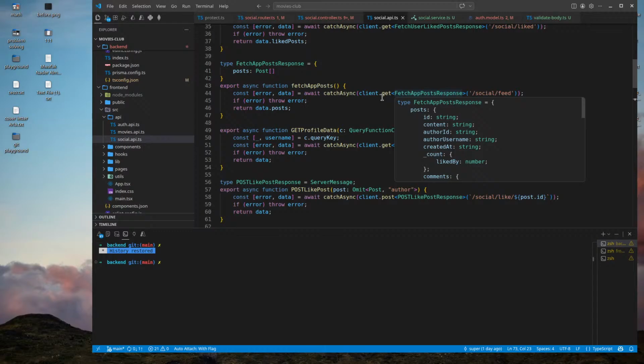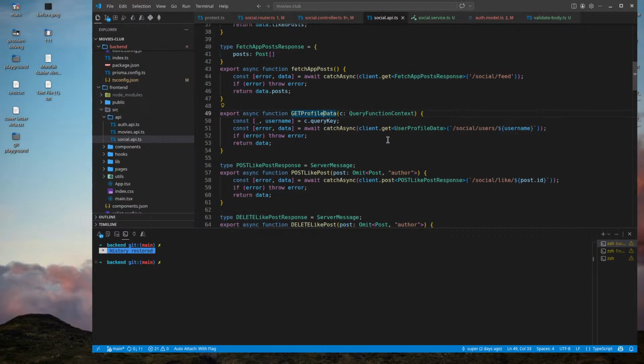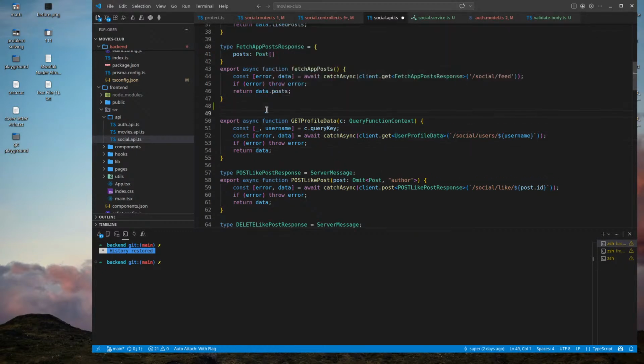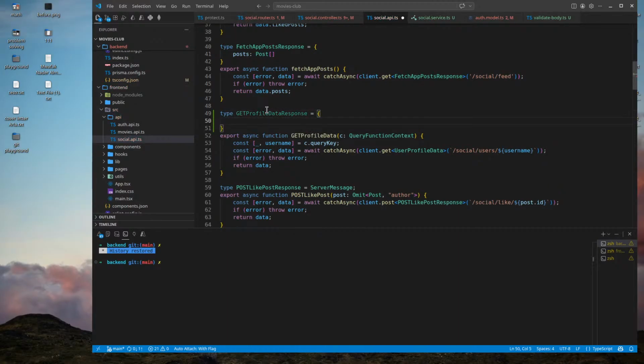Do this instead. It expects the object profile data, user profile data type. Okay, so profile data, object profile response, user profile data. Okay, this is for consistency.